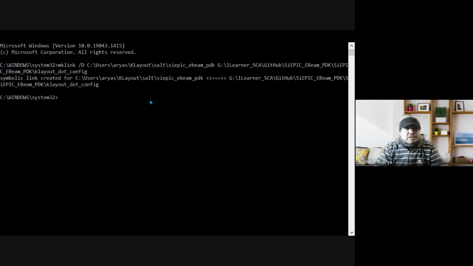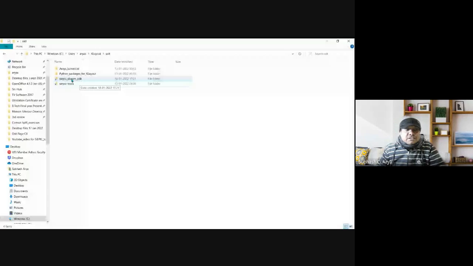So you can see a symbolic link created for this Klayout. After that, you just exit, and I can show you now. There must be a folder created in SciEpic. Yes, it is created. Let me show you. This is salt, and here a folder SciEpic EB symbolic link is created.